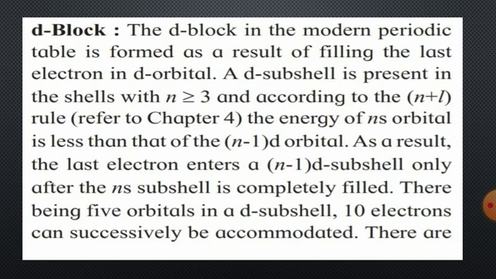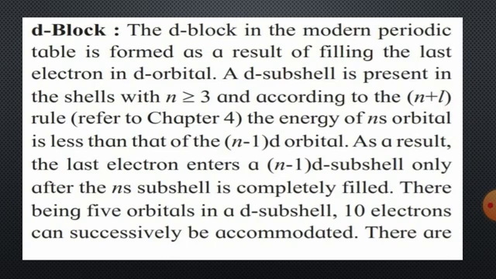A d subshell is present in the shell with n greater than or equal to 3. And according to the n plus l rule, which you have studied in chapter number 4,